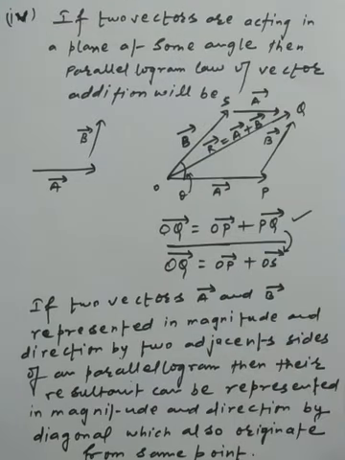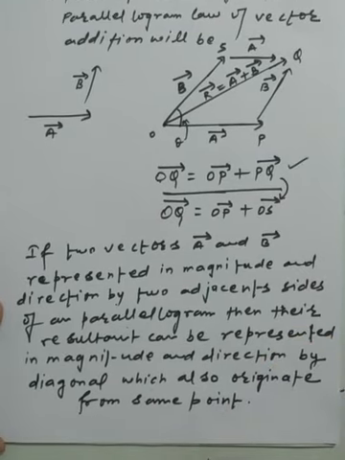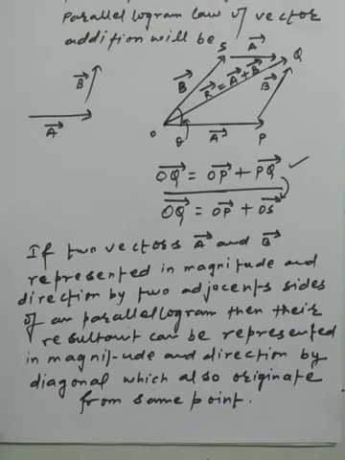Now somehow we have the opportunity to resolve more vectors that are acting in a plane. So with more than two vectors, how are we resolving them? We will use the polygon law of vector addition here. So how do we communicate this by this rule?